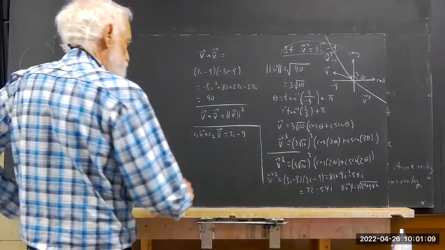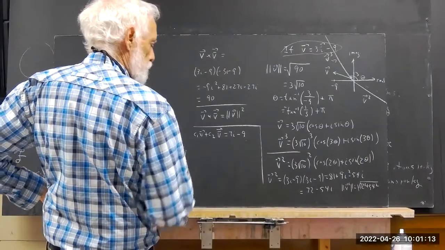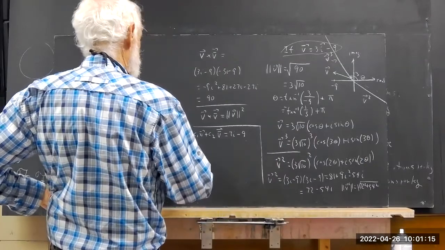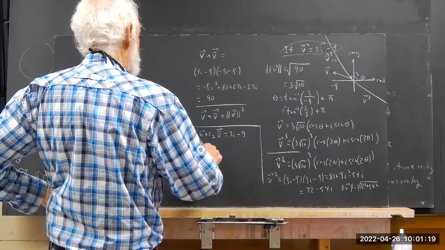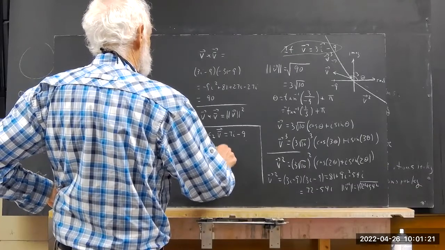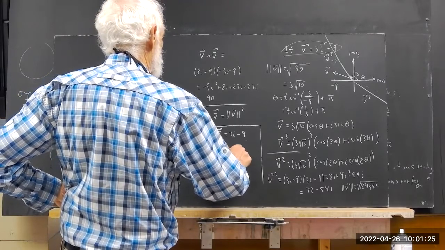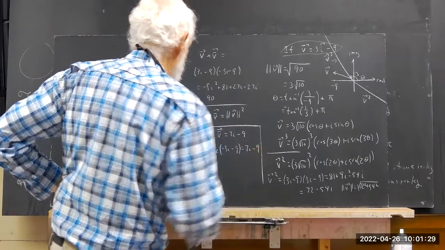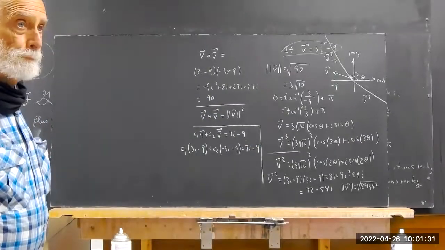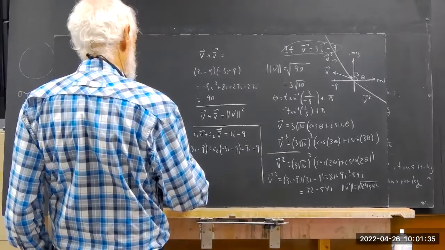What do we get? Well, that's going to be C1 times 3i minus 9 plus C2 times negative 3i minus 9 equals 7i minus 9. Which tells us then that